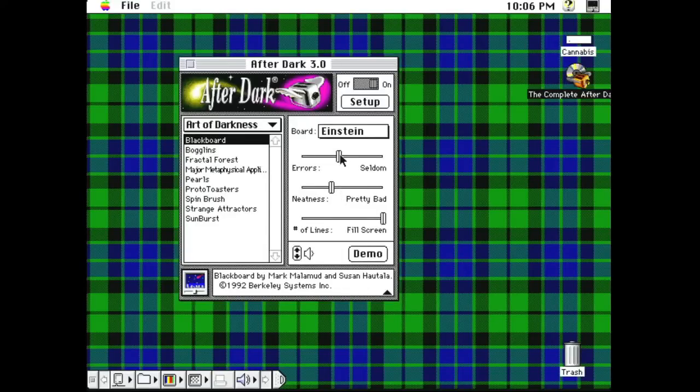Number 5 fill screens. Errors seldom. Neatness pretty bad. Chalk disaster. Oh, he broke his chalk there. Whoops. Whoops. And then if you want perfection,